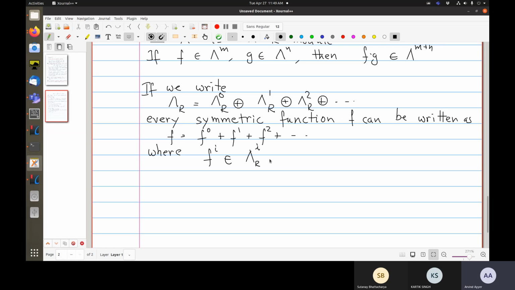Okay. So then lambda r becomes an R algebra. Okay. So if R is Q or the real numbers or complex numbers, then this becomes a vector space,